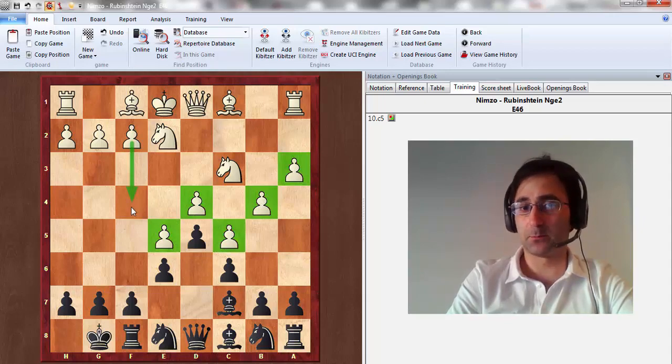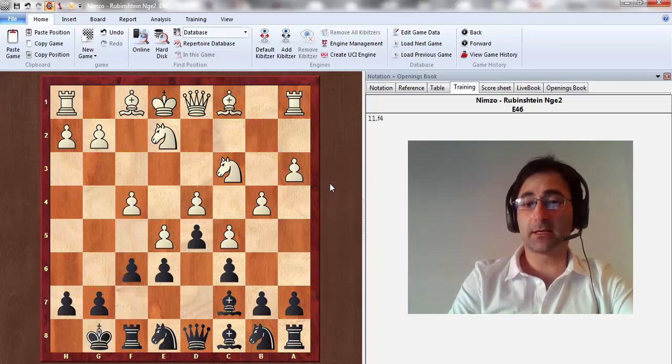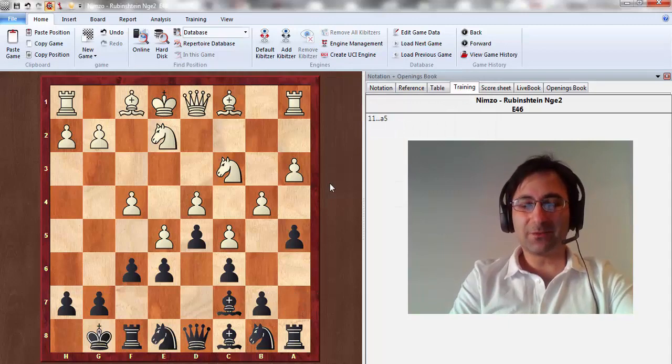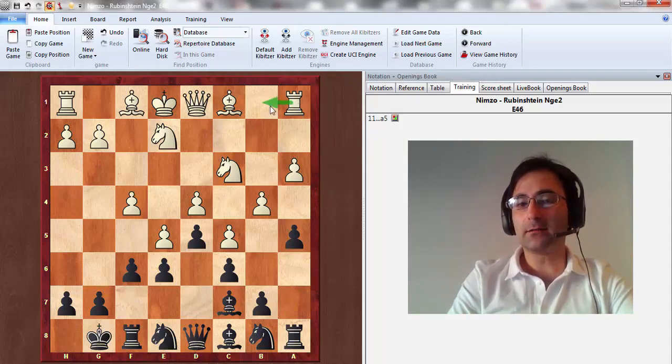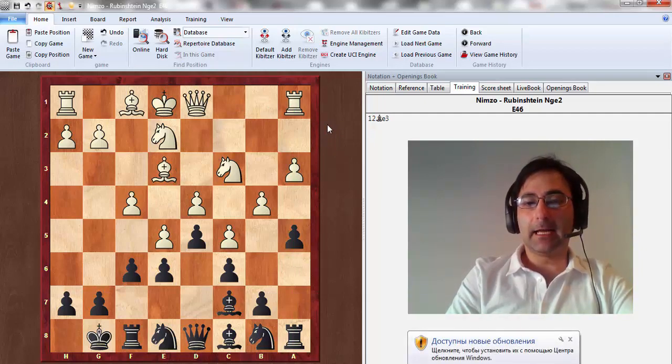White still tries to keep a very solid, very strong pawn chain. Also, probably he will support it with the f4 move, and white hopes that this pawn chain will keep our minor pieces in very passive positions. f6, f4, and a5. Now, white has to choose. Either he will play rook b1 and give up a file, or he will play bishop a3, and at some point